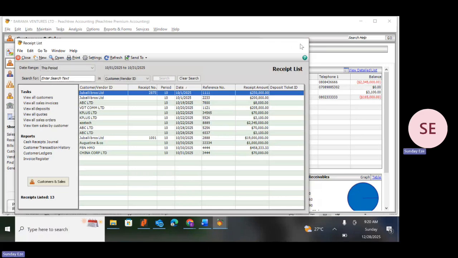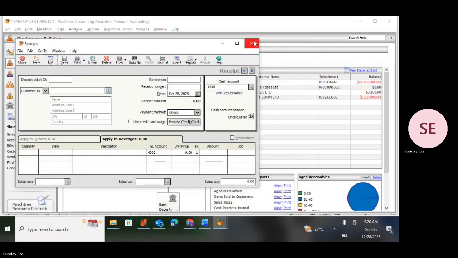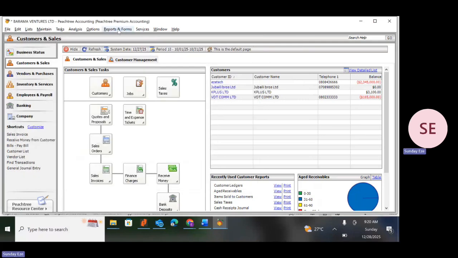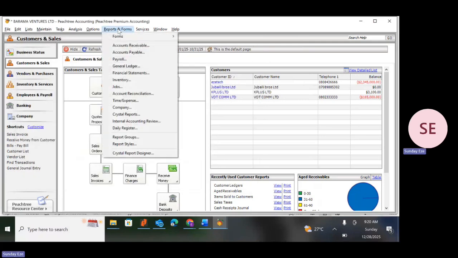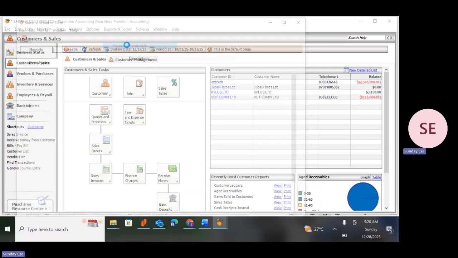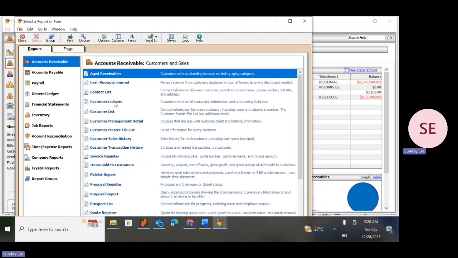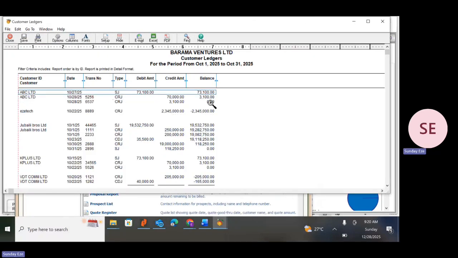So let's now go to our report to know the updates of what we've been doing. So account receivable. From account receivable, we check the customer ledger. So what can you see here? It is zero. It has been wound down to zero. It's been reduced to zero. You can see this is our withholding tax journal entry. You can see this transaction with the withholding tax. This is the receipt. The two of them must equal your invoice. You can see